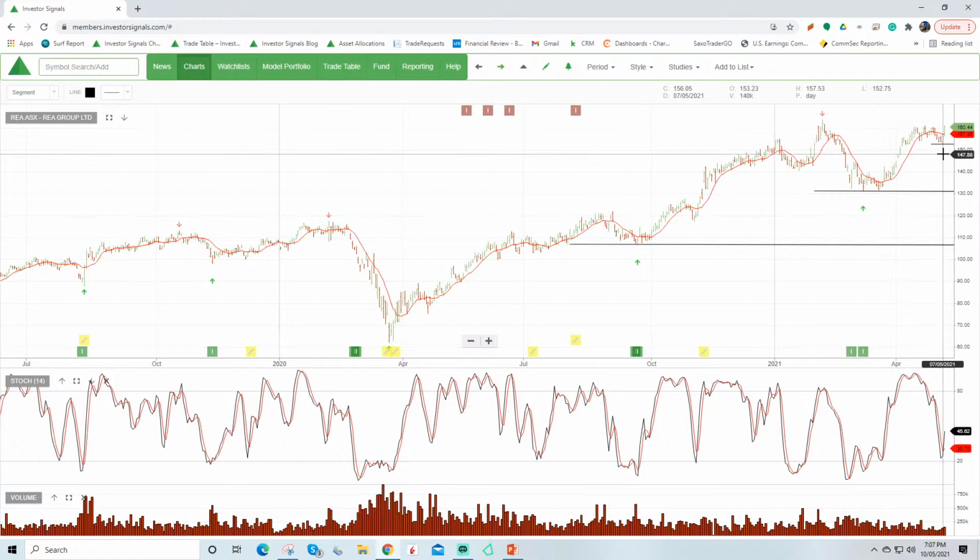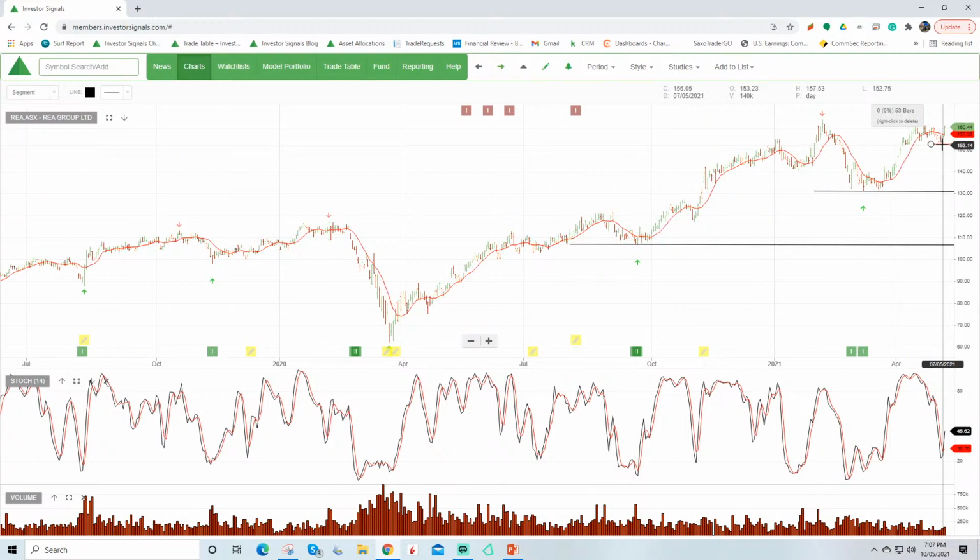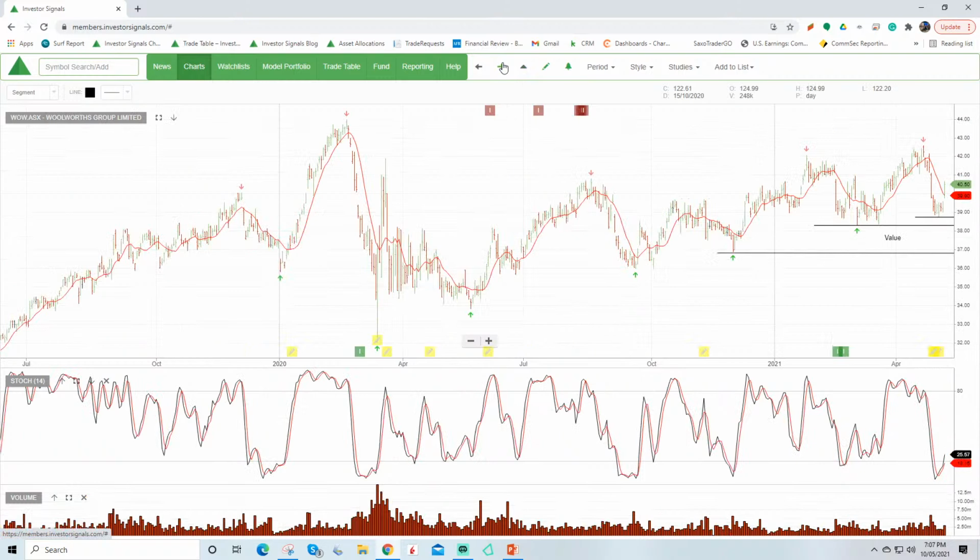REA Group, I've shuffled the support line in fairly tight here on REA. We had a number of analysts upgrade their outlook here, but put in context, the stock's on 60 times earnings. Less than a 1% dividend yield. The stock's expensive, so yes, it has a great growth profile, but not much room for error there in that growth story. So I've shuffled the support up tight at around 150. A break below that, you might get a little bit more cautious on REA.